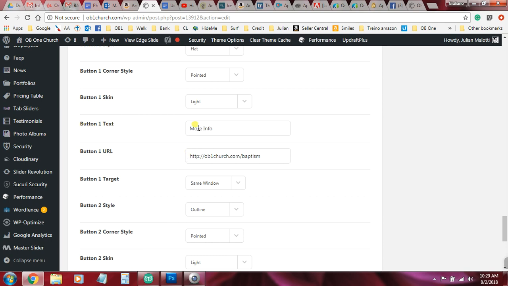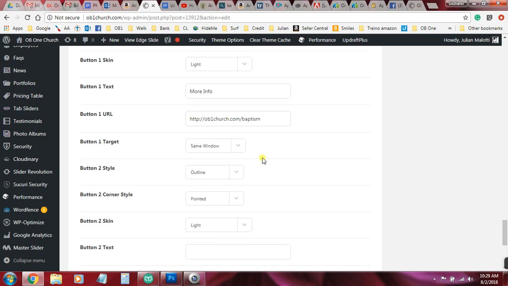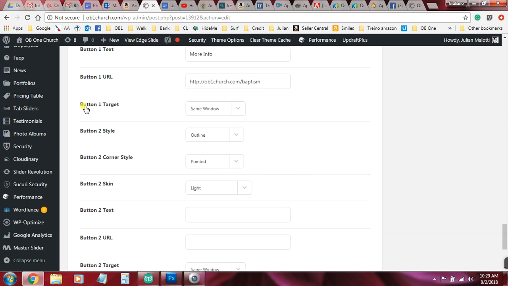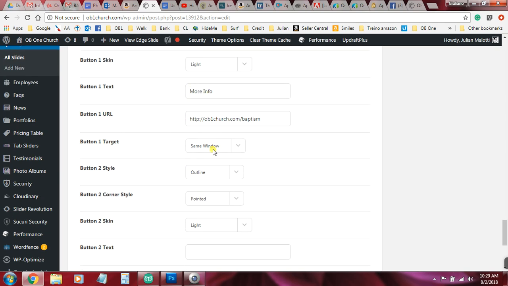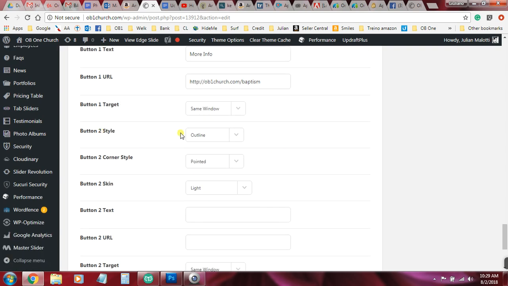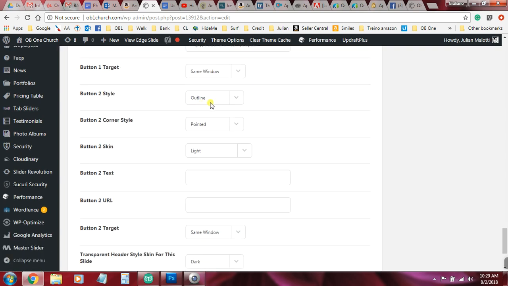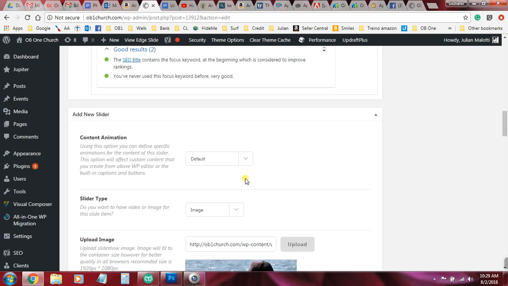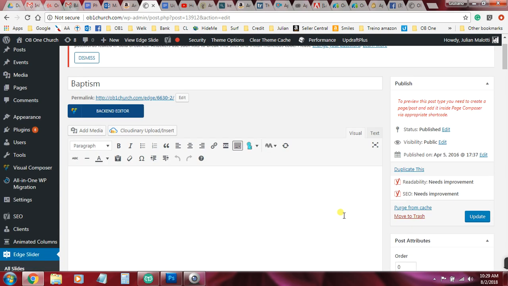And when people click on the more info button, I want them to go to this page right here. And then we can add a button number 2, and this button target, once they click on more info, it will open in the same window. We can choose to open it in a new window. And then you can have 2 buttons, same thing. You can create a second button, but this one we don't need it. We just need 1 button. So I'm going to update it,